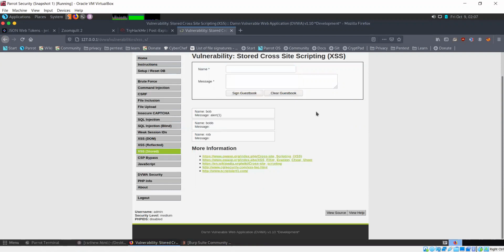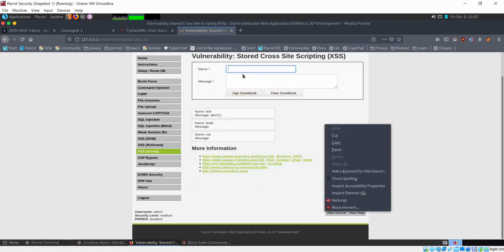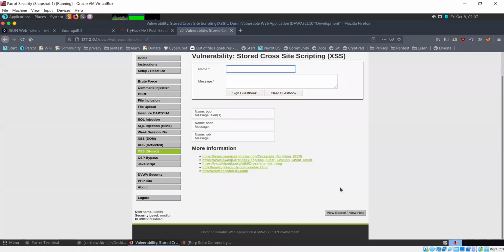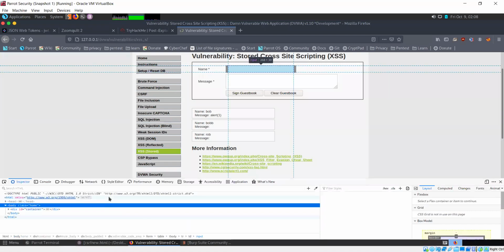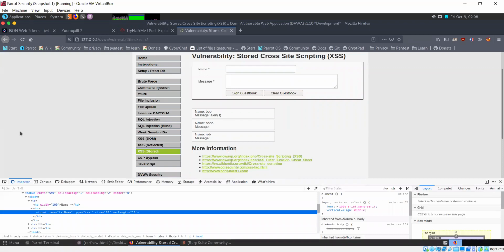No? Okay. See, what we can do is, if I look at this name and event, if I just inspect this, max length is 10.